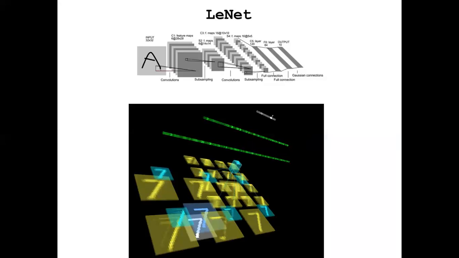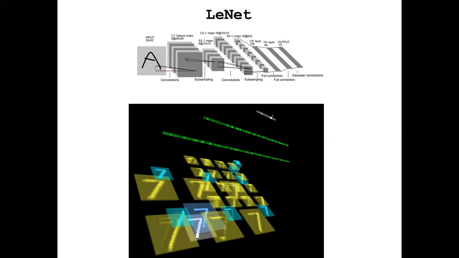And this is LeNet. LeNet is one of the easiest neural networks. If you see the structure here, it's kind of different from what I showed in the previous slide, but the working principle is exactly the same. It's just some convolution and some subsampling layers added, and LeNet can recognize numbers and symbols pretty accurately.